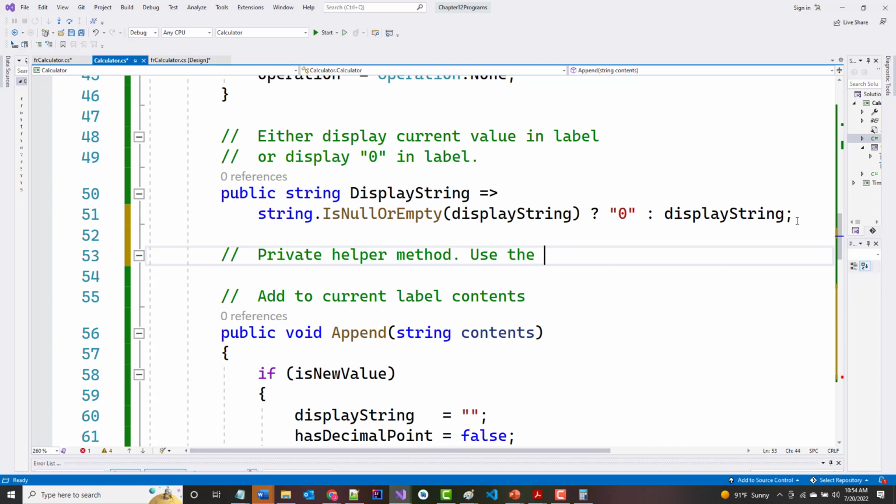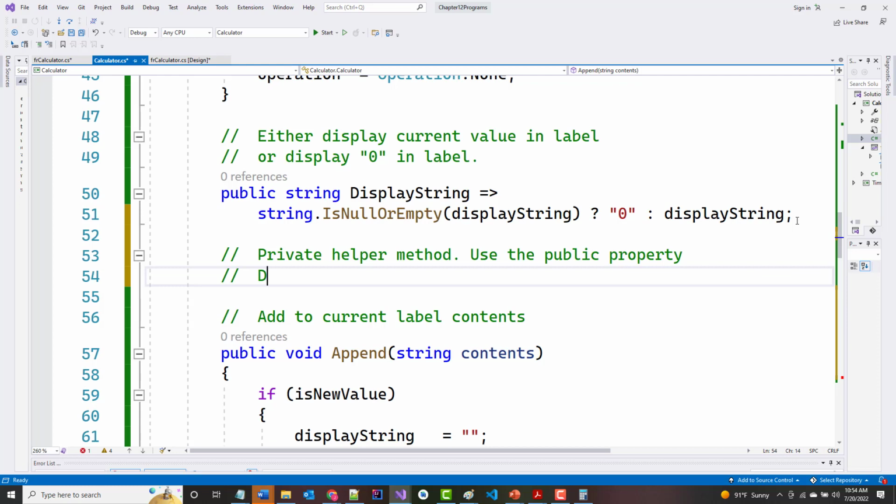We will use the public property display string and not the private, what I'm doing here, display string